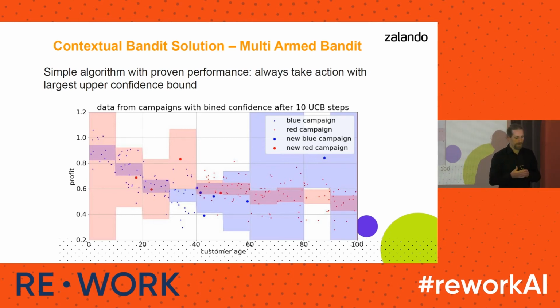In the case of our 10 to 20-year-olds, if another 10 to 20-year-old customer is going to come along, we're going to take the red campaign because it has the highest upper confidence bound. We're not very sure about what's going to happen there, so we do that. Upper confidence bound is a simple and proven algorithm that balances both exploration and exploitation and quickly gets you to a good